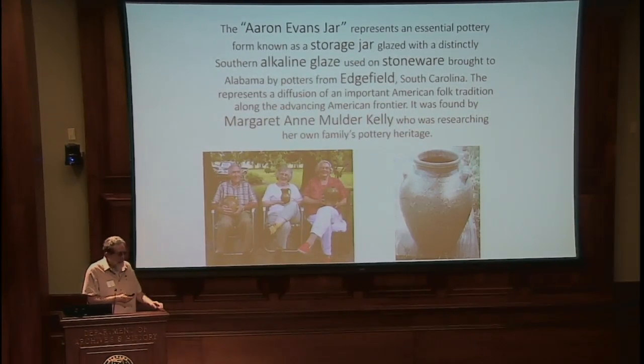These are the things I want you to know about this jar. It's a storage jar, very important. It is stoneware, very durable, fired at 2,300 degrees Fahrenheit or so, almost to porcelain levels of firing. It has a deep south style of glaze called the alkaline glaze, which was developed right before the War of 1812 in the Edgefield district of South Carolina, far western South Carolina, closer to Augusta, Georgia than other main communities